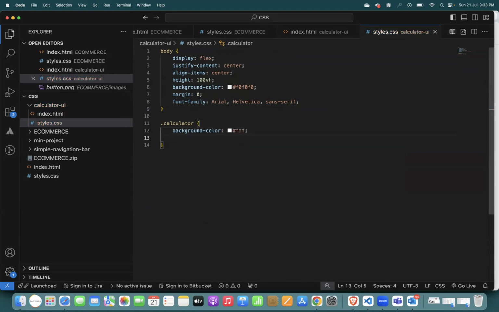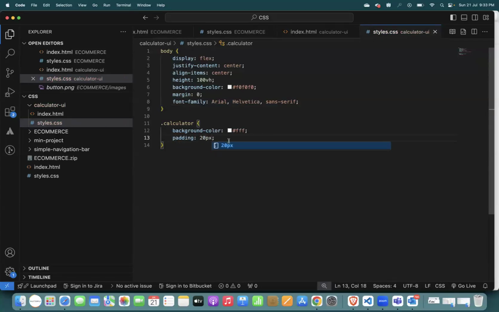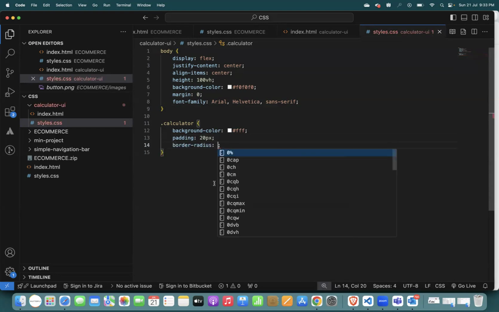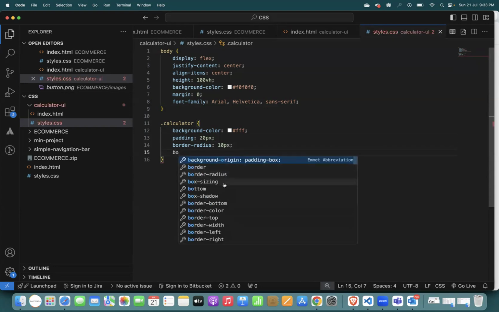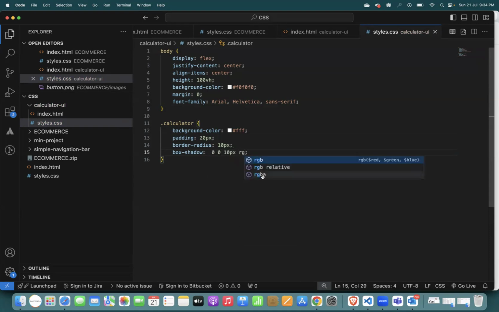Okay, and we have some padding, we'll give 20 pixel to the entire div, and border radius almost 10 pixel we'll give. Okay, so now we will add some box shadow property also. Box shadow property 0 0 10 pixel, RGBA. So we'll try to add here,